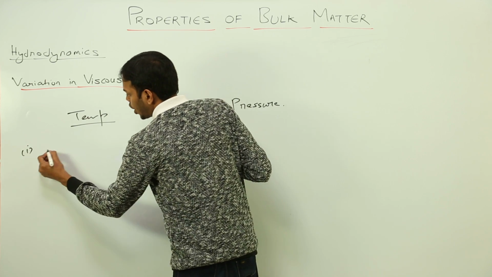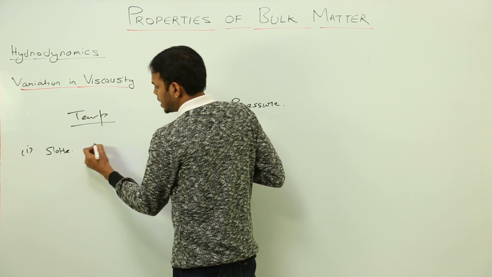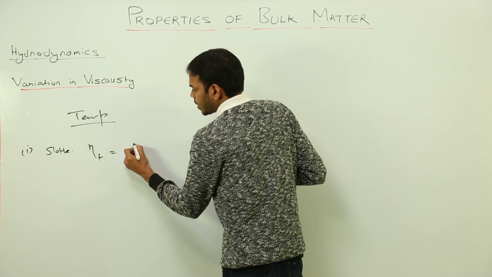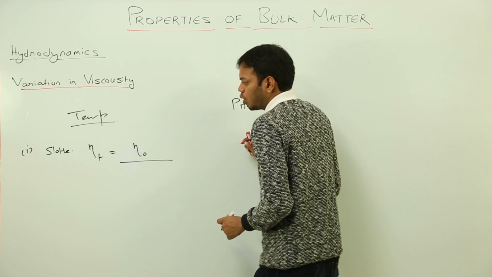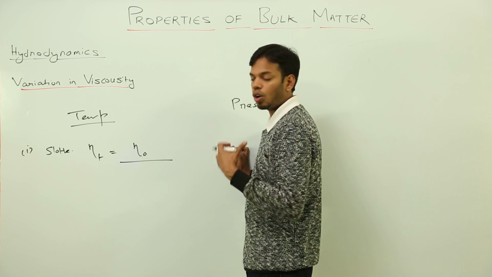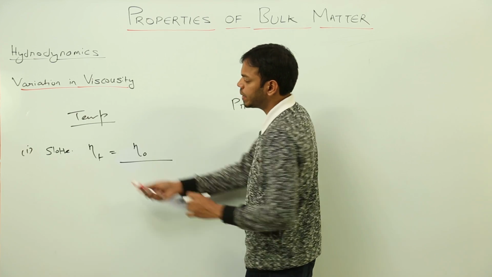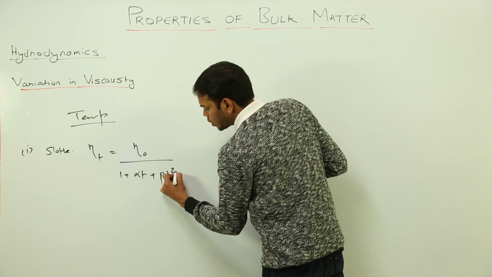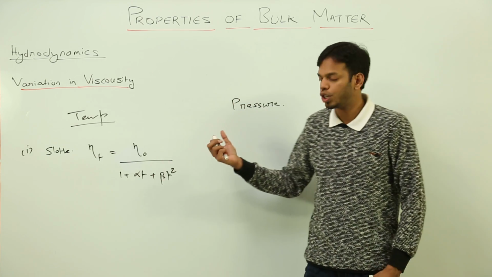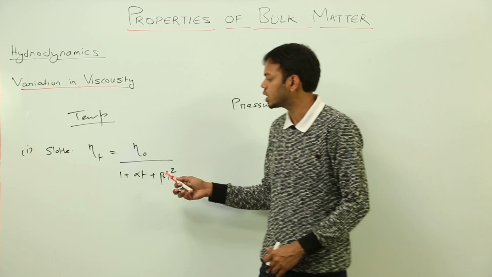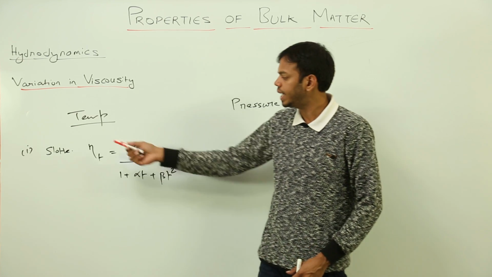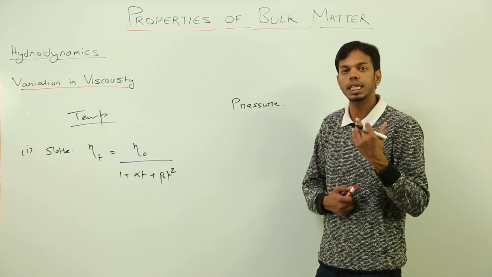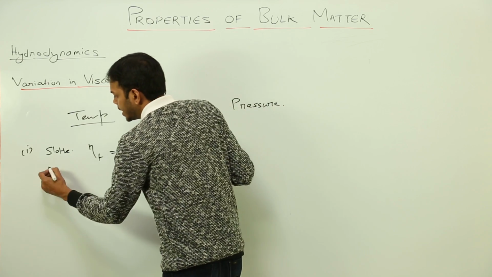It is given by the Slotte equation. The equation says that eta T, the coefficient of viscosity at temperature T, equals eta naught, the coefficient of viscosity at the original temperature, divided by 1 plus alpha T plus beta T squared. So this is the Slotte equation for change in viscosity. These are the coefficients of viscosity at temperatures T naught and T, and alpha and beta are constants. So you can see that viscosity ultimately decreases with an increase in temperature. This is the case for